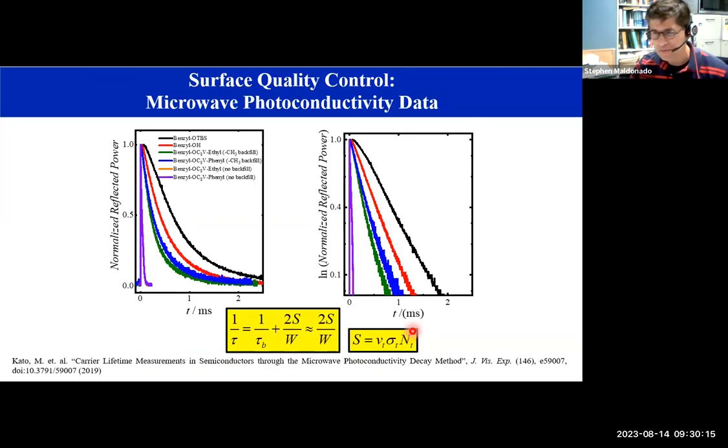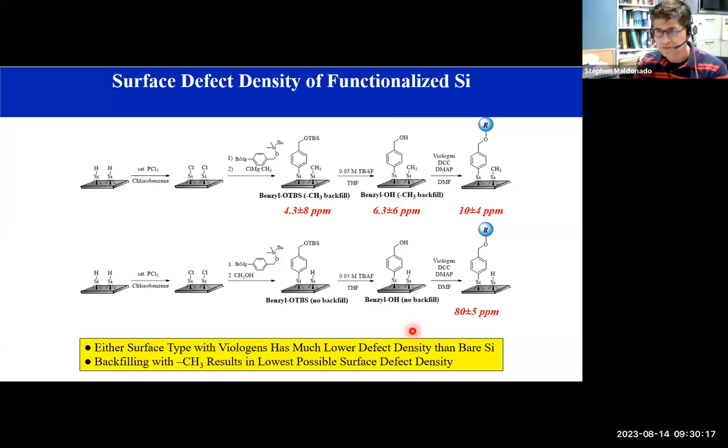I guess for the sake of time, I'm going to skip some of the details here. I'll just say we took great pains in preparing molecules attached to silicon where we know that the defect density as measured by photoconductivity measurements is pretty low, about as low as you can get. And I will probably only focus today on data where we have defect densities on the order of about 10 parts per million, which is about as low as I believe anyone could reliably get on a chemically modified semiconductor